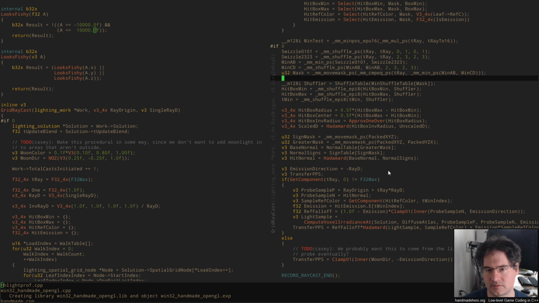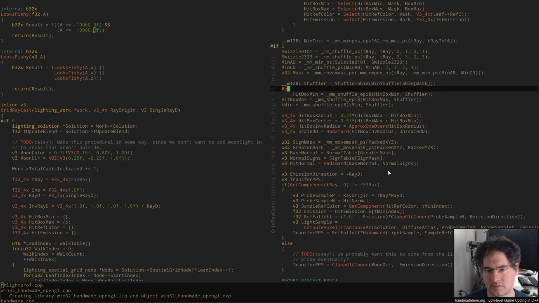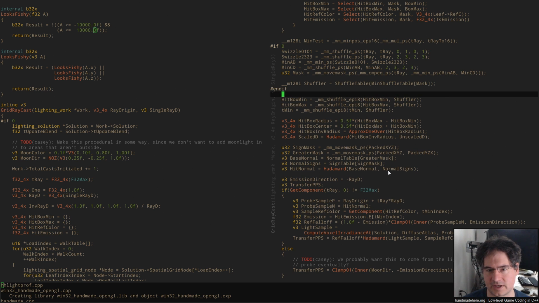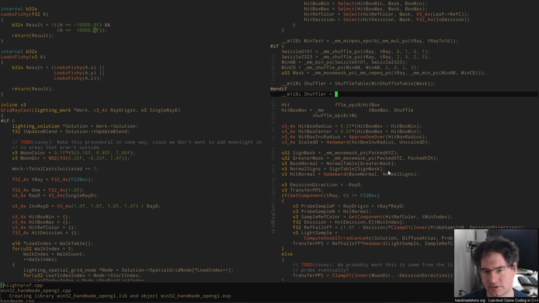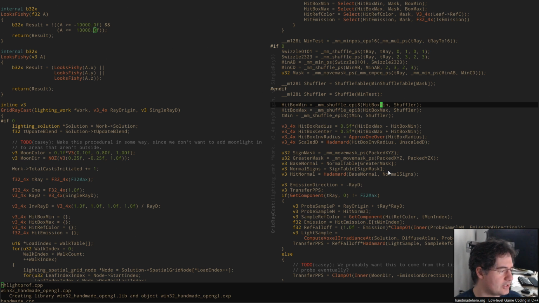So instead of this, we would then have shuffler equals some shuffle of the min test, which would just move the correct values around that we need it to use for this. You know what I mean? So we could do that too. I'm just not sure, like,